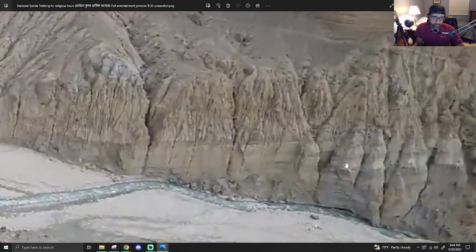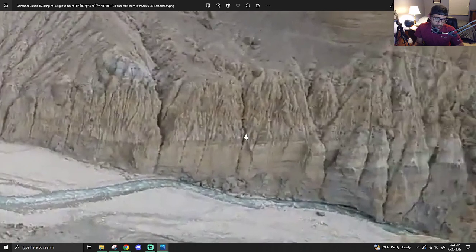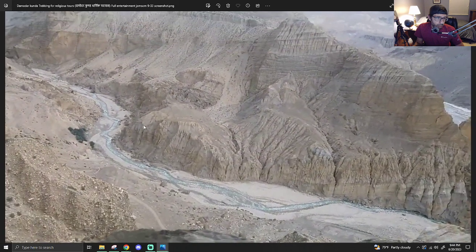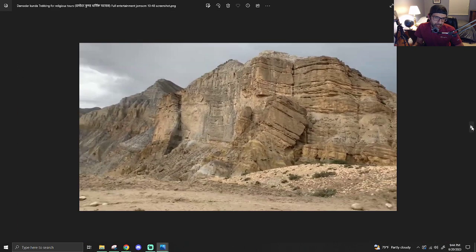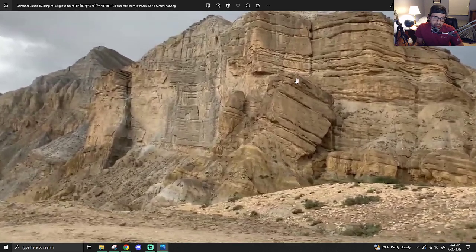Or like the etchings of one becoming a monolith. I don't think that's how monoliths are made, but in ancient civilization,